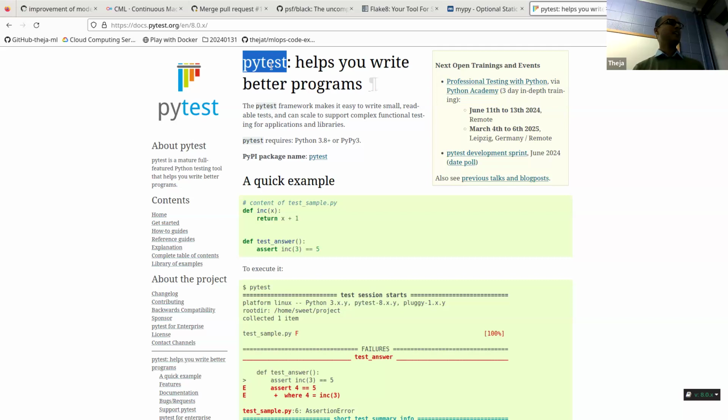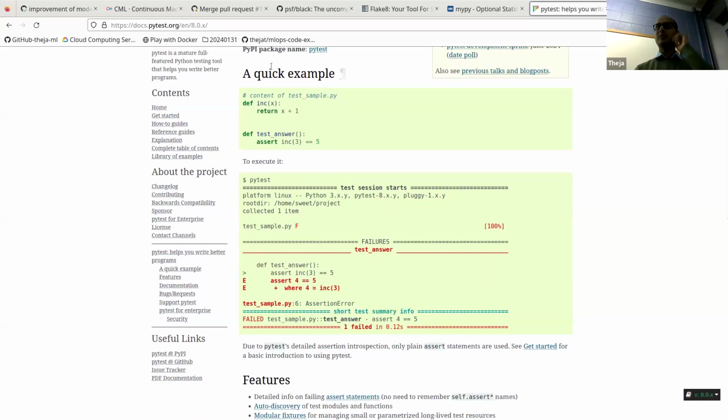So PyTest is very easy to set up in a program, and in many Python-based projects that you'll see in GitHub and Bitbucket and whatnot, they would have something related to testing. Okay? It's a very integral part. We have not discussed it here, but it's worth knowing about. It shows, if there is an error, where the error is, so that you can go back and fix it and so on.